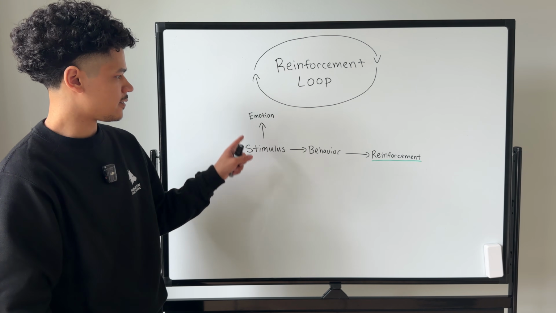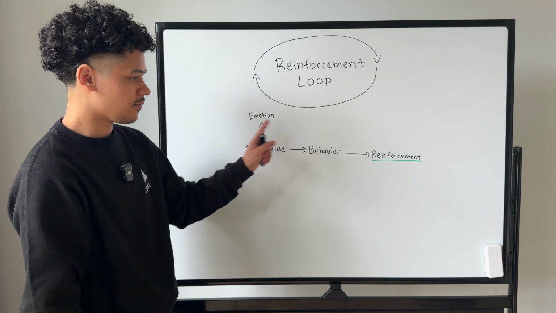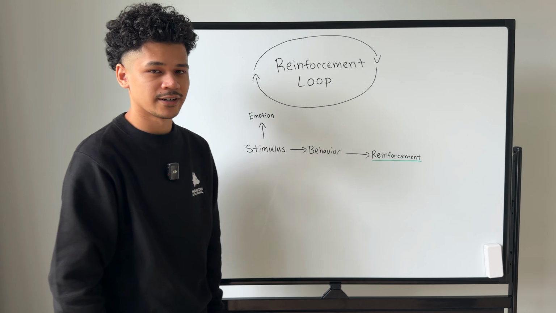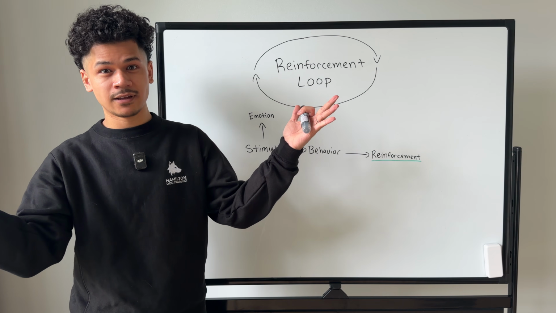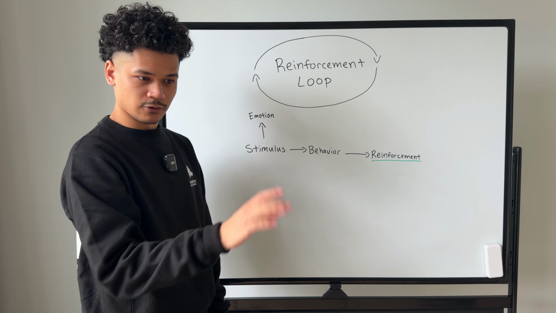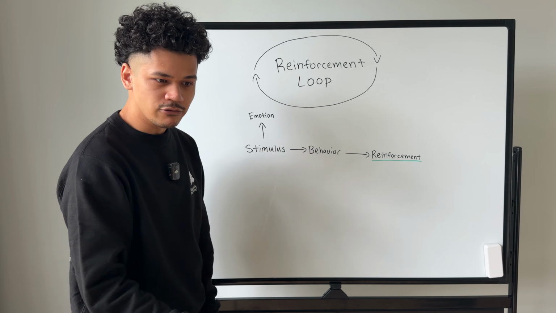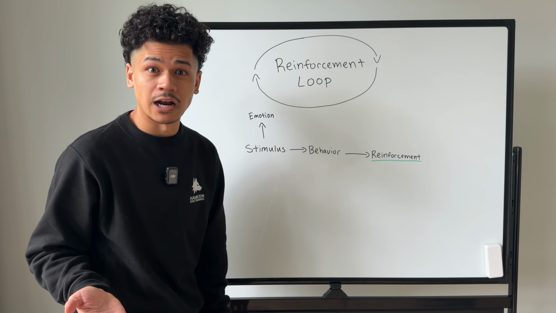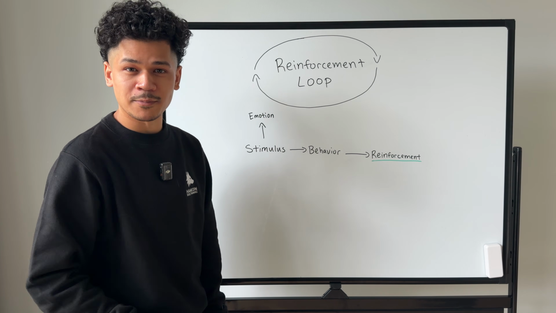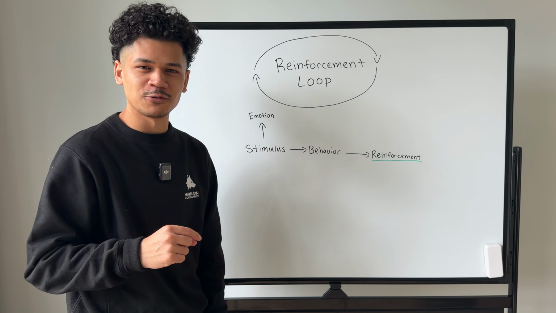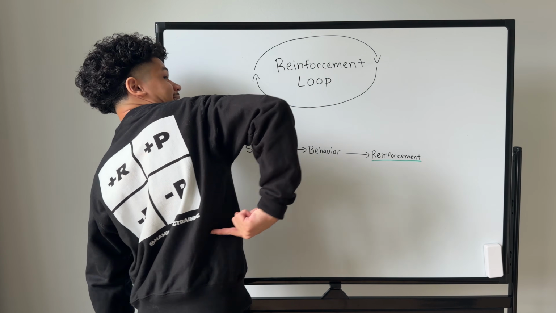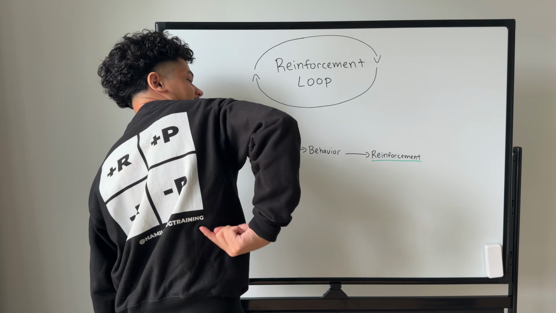So let's say your dog is fear reactive towards other dogs, and the removal of the dog is what's increasing the frequency of this behavior. What if the other dog never went away? What if your dog is just reactive towards that dog, and they just stayed there, and you just stayed here? Not a bad idea. Maybe after a while, your dog stops barking. Your dog stops being reactive towards that dog.